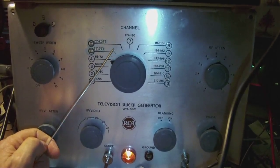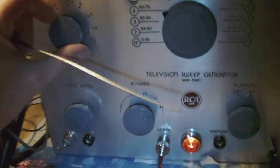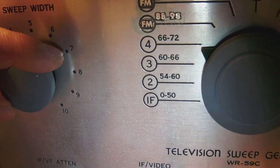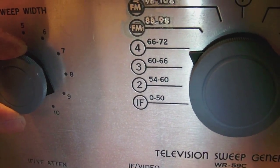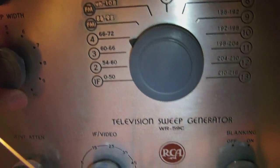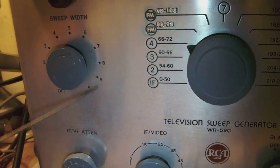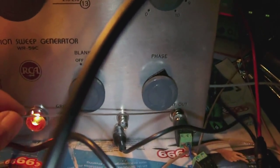Now, what I'm going to do now is, like I said before, I'm going to have a look at the sweep width potentiometer, which I think you can hear. Now it's at maximum. See what happens when I turn to minimum, counterclockwise. There, you see, it died. And now it resumed, but it's much more quiet, so it's far less. Anyway, there's a dead point somewhere between 8.5 and 6, roughly speaking. So I need to find out what that problem is,